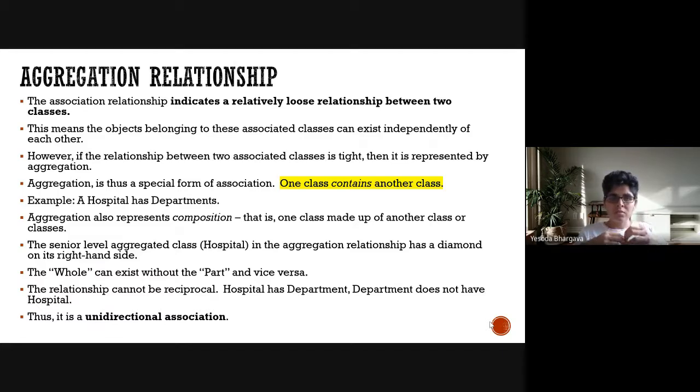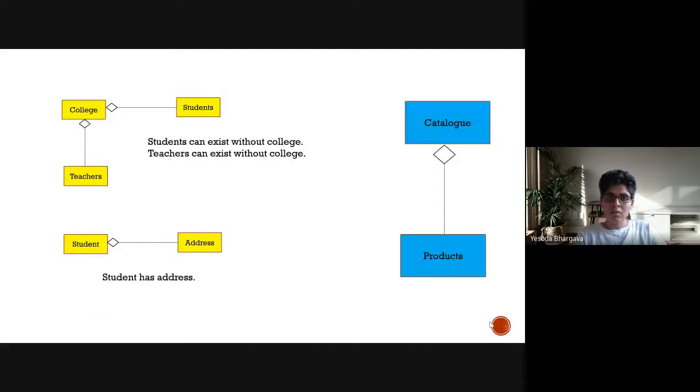So whole is an aggregation of parts. So whole contains the part. However, the lifetimes of both these classes, the life cycles of both these classes, are independent of each other. The whole can exist without the part and vice versa. And sometimes the relation can be reciprocal, sometimes it cannot be reciprocal. So that determines the direction of the association, which is aggregation. So a couple of